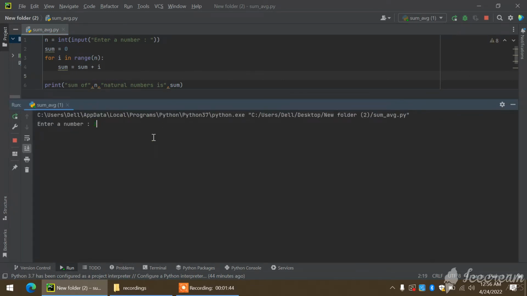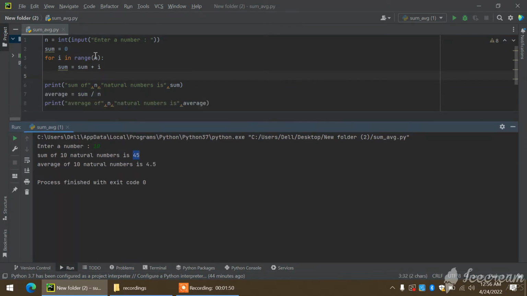So enter number 10. So it's giving us 45 from n, which is from 0 to 9, as this range function continues one less than the parameter we pass to it. So to get actually from 1 until that number, we will just